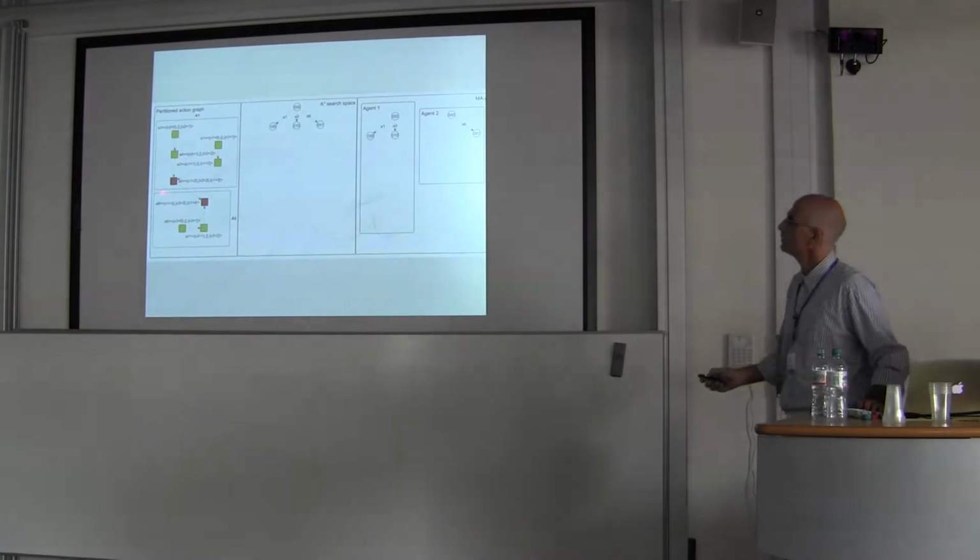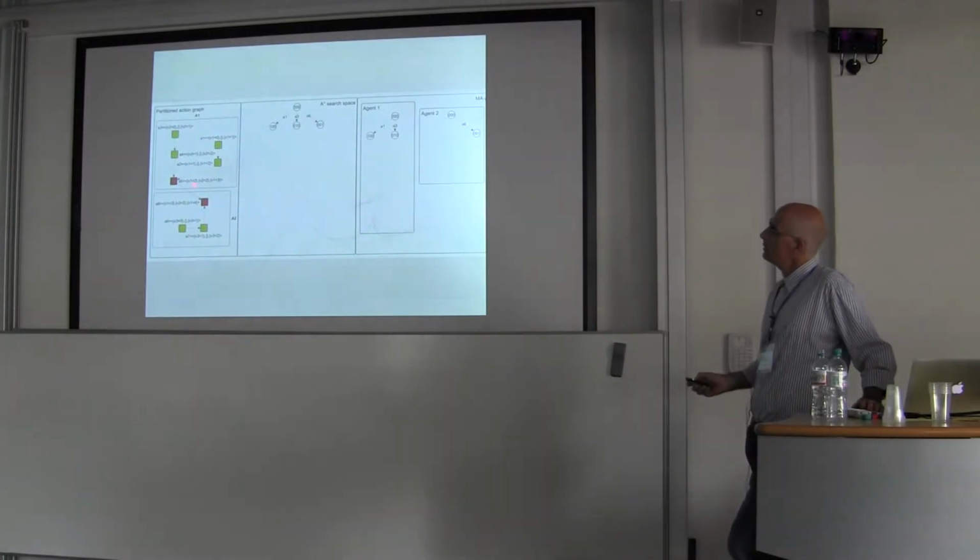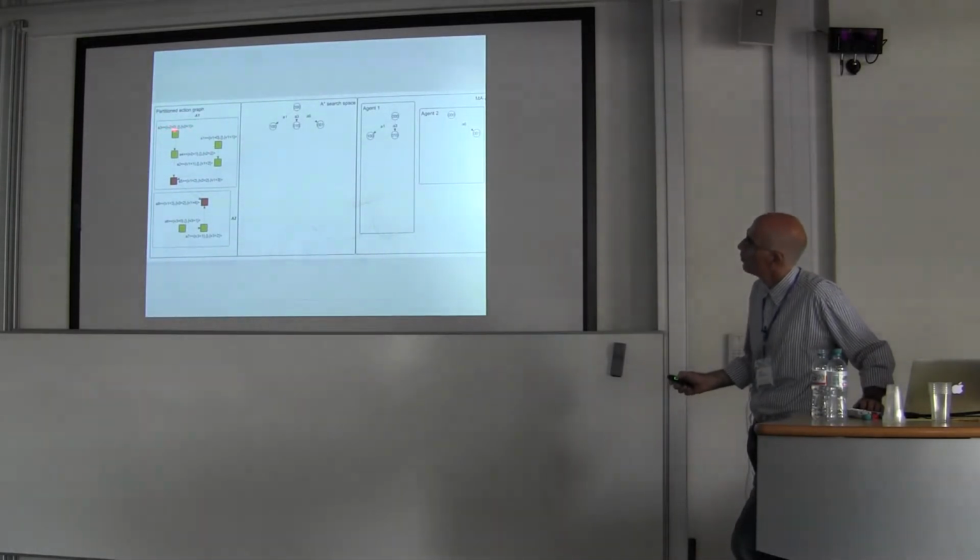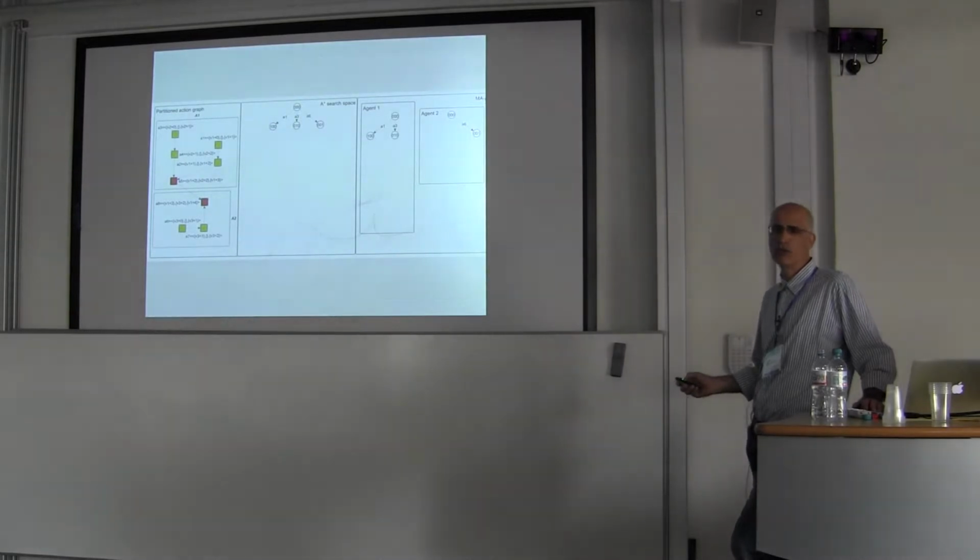So let's illustrate this with an example. I'll start with an abstract example. What you see here is the actions of two agents. The yellow actions are local actions. Okay? And the red actions are global actions. You can see here, I don't know if you know the SAS formalism, but it's preconditions, prevail conditions, and effect. So basically this action, A3, requires that V2 will be 0, and the effect is that V2 will be 1. This is a multi-value variable